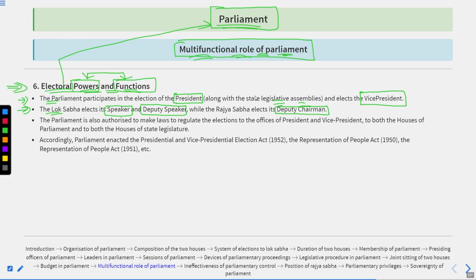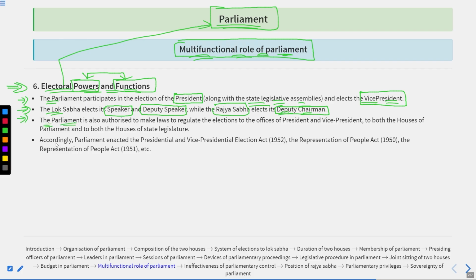Okay, there is a mistake. My mistake. Basically, in the Rajya Sabha, the chairperson is already set, because whosoever is the Vice President of India will automatically be the chairperson of the Rajya Sabha. So the Rajya Sabha does not have the power to elect the chairperson, but they can elect the Vice President, and whosoever is elected Vice President will automatically be the chairman of the Rajya Sabha. Thereafter, the deputy chairman is in their hand, so they elect him.